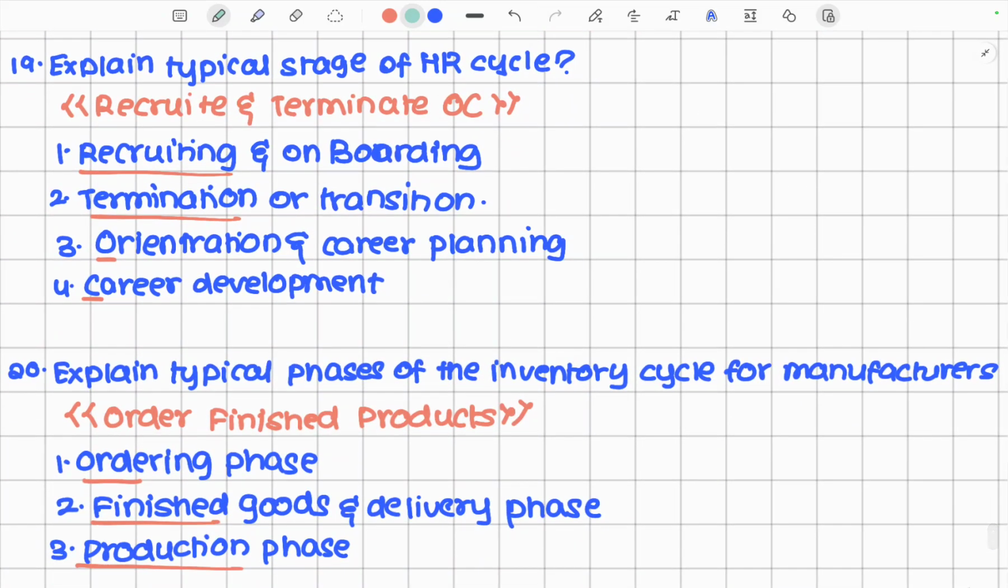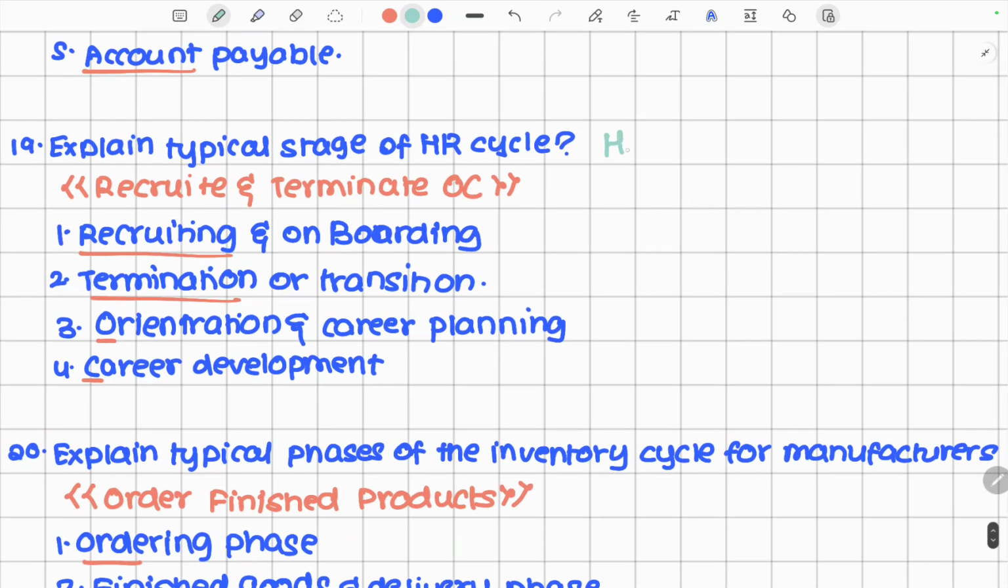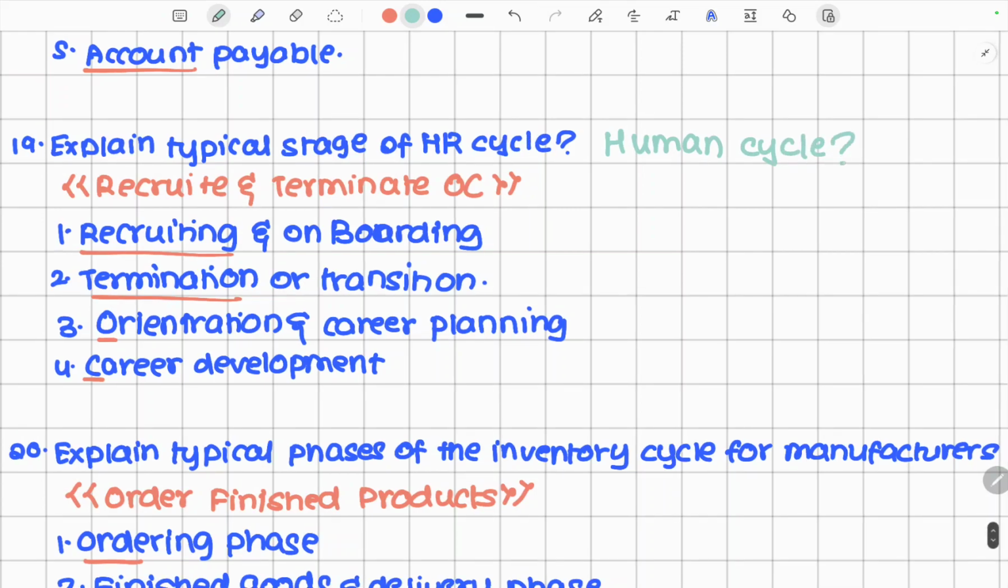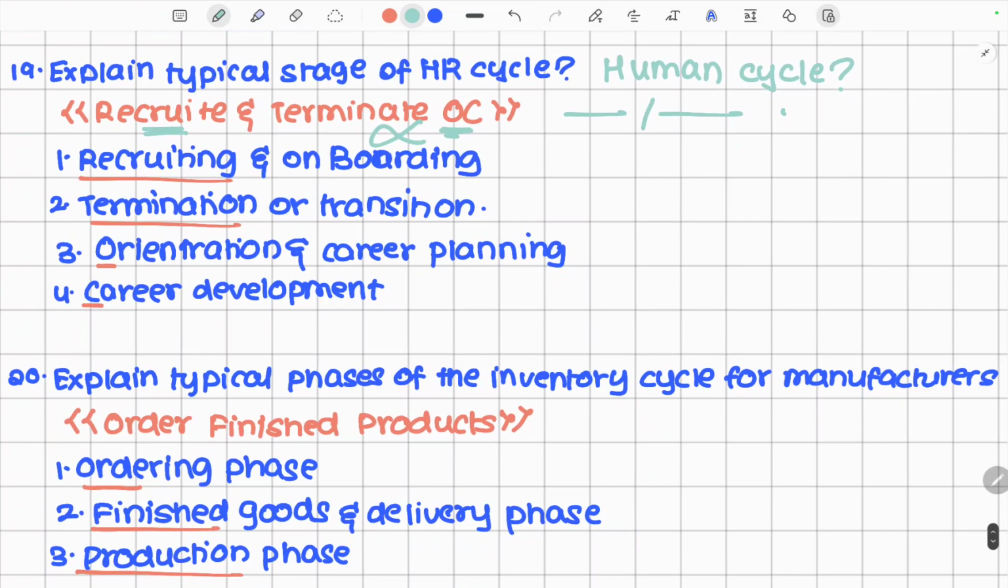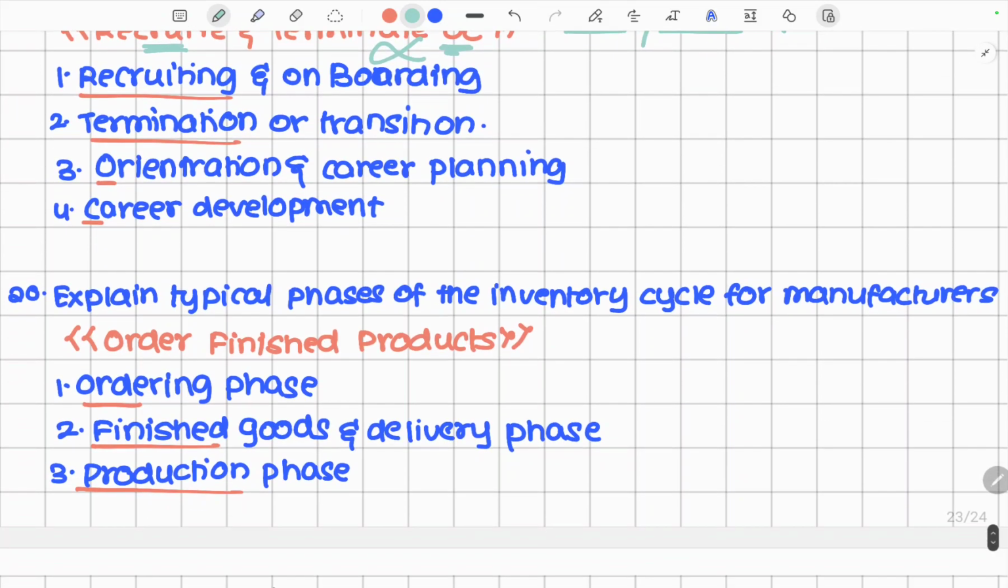Explain typical stage of HR cycle. If you have to define the cycle of a human resource, how will you do it? First you recruit them, then you terminate the original contract. So, explain typical stage of HR cycle: first recruit them, then terminate the original contract, that is recruiting and onboarding, termination or transition, orientation and career planning